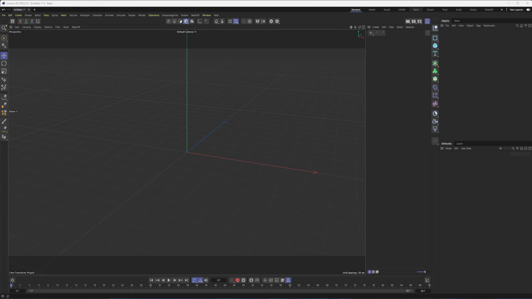All right, so here we have the newest version of Cinema 4D. It says it's 2023.2. And so if you're trying to follow along or find these features in your own version of Cinema 4D, make sure in the Maxon app you have updated both Cinema 4D as well as Redshift. I updated Cinema 4D first, and then when I went to install Redshift, it did say that the version it was going to install from the Maxon app was newer. So definitely keep that in mind.